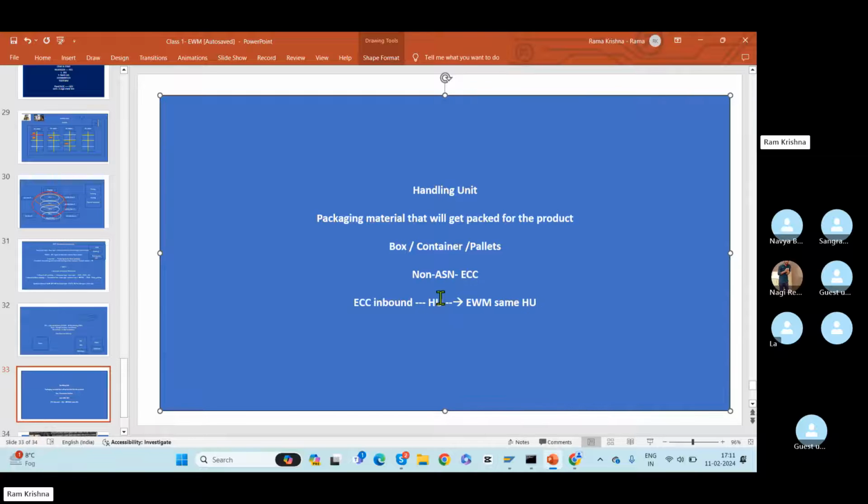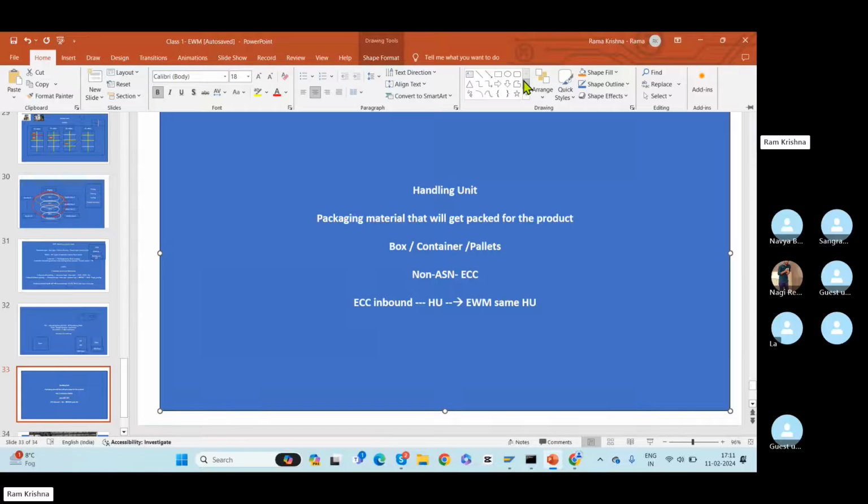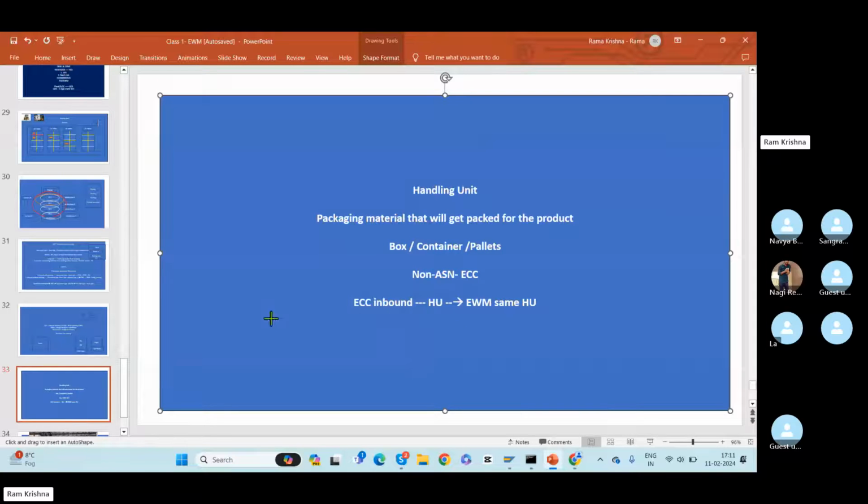You got my point? In ECC, you created this handling unit. And in EWM, when you distribute the delivery to the EWM system, how is the same handling unit available in the EWM system? You have to shift the materials, packaging materials. Yeah, packaging materials are fine, no problem with the packaging materials. In this case, you are generating